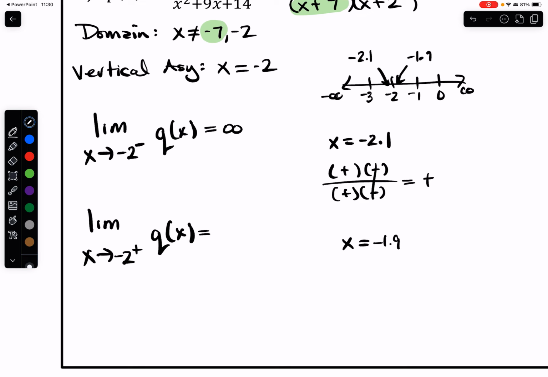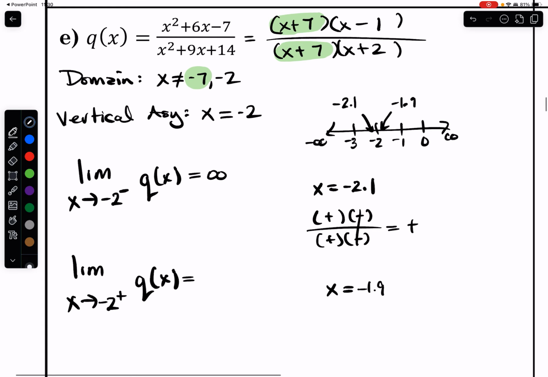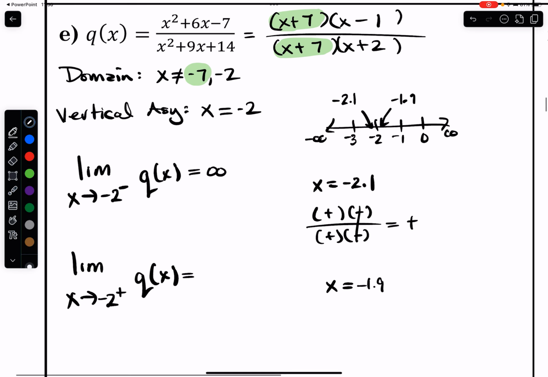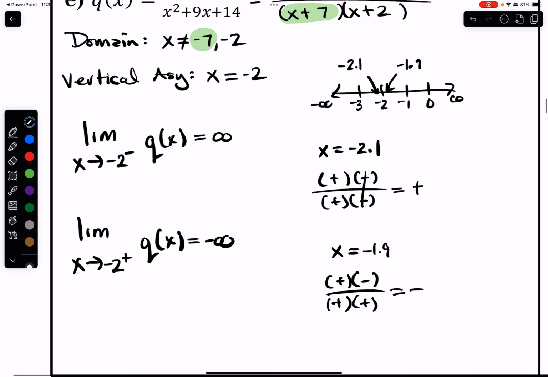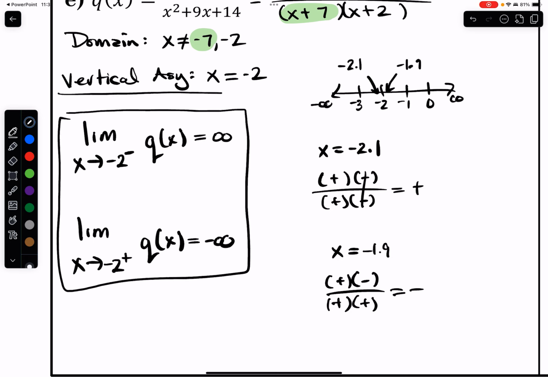So if I plug in that number into my factors, this would be positive, this would be negative, this right here would be positive, and negative 1.9 plus 2 would be positive as well. So positive, negative, positive, and positive. Well, this simplifies to a negative value. So that means on the right side of negative 2, the graph is pointing downwards. So this is the limit behavior of our function from both sides of the vertical asymptote,